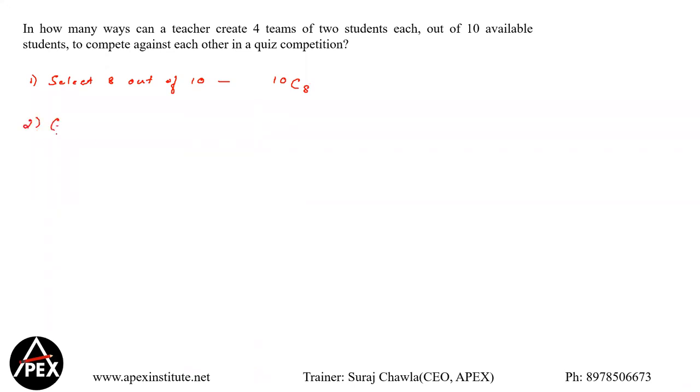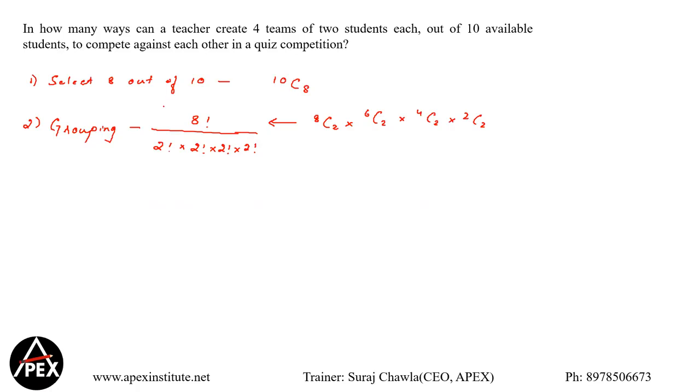I need to group them. Do you remember the case of grouping, guys? Now grouping is different. So I have 8 people, that is 8 factorial. Each is supposed to be divided into groups of 2. Clear? Either you go by this concept, if you remember the shortcuts from our concept videos, into 2 factorial, into 2 factorial. Or you can also use the concept of 8C2 in the first group, into 6C2 in the second group, into 4C2 in the third group, into 2C2 in the fourth group, which will give you this only.